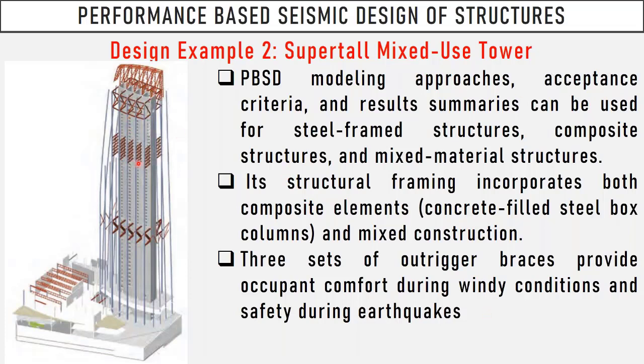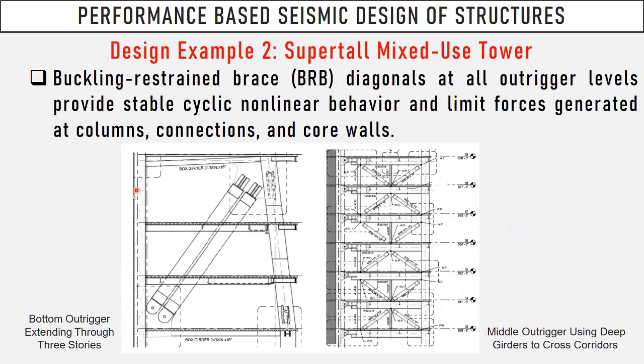outriggers. As you see, at different levels, you provide some additional elements here, like braces or buckling restraint braces, depending on your design. And since this building is a little bit slender, you provide some additional outrigger elements. You see again, these are the gravity columns, and the lateral load resisting system is connected with the core. What you do is the outriggers with BRB elements.